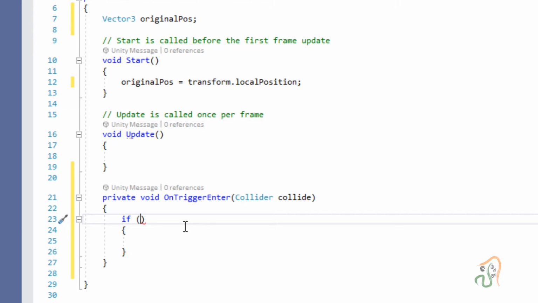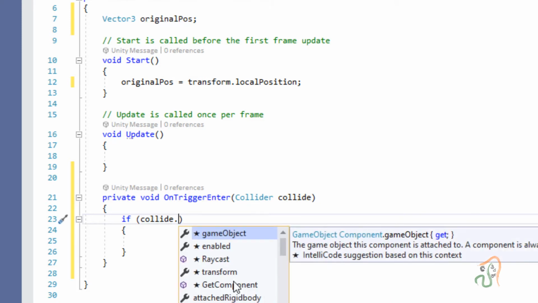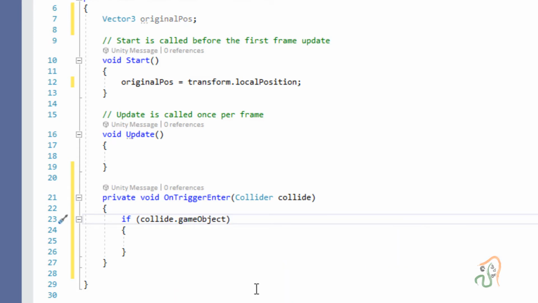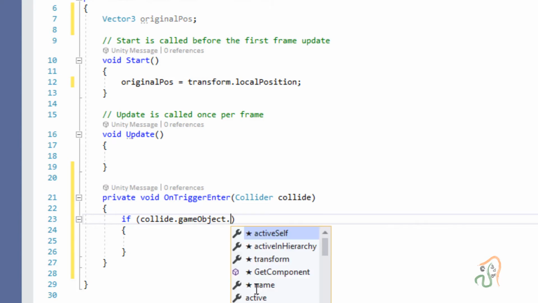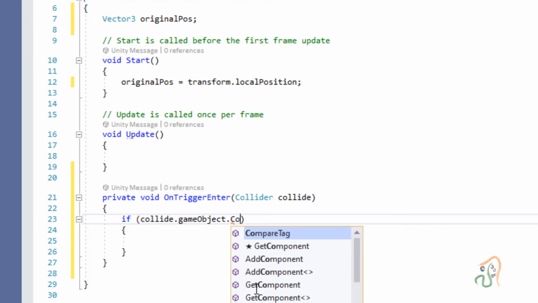What is the condition? We have declared a parameter here, collide. So we are going to call it collide, period, and we are going to identify the game object. You have here gameObject selected, period, and in gameObject what we are going to do is C capital, CompareTag.